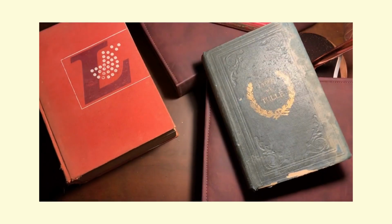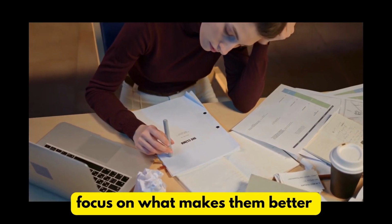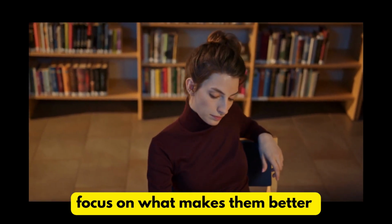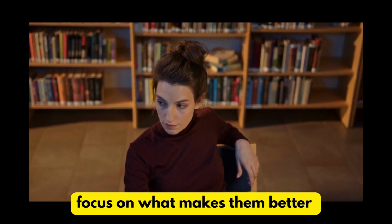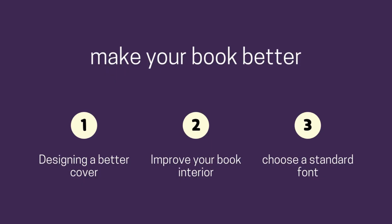Just remember, instead of trying to copy their book, which is a very bad idea, focus on what makes them better than the other books in the market. You need to make sure you know enough about this niche before you start your book and try to make your book better in all aspects to improve your chance of success, which includes designing a good cover, since cover